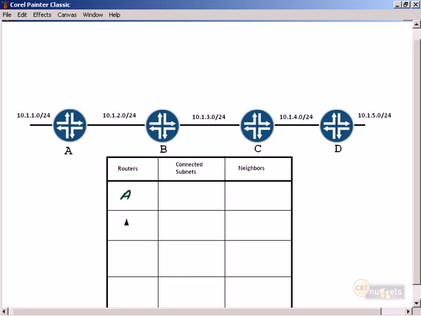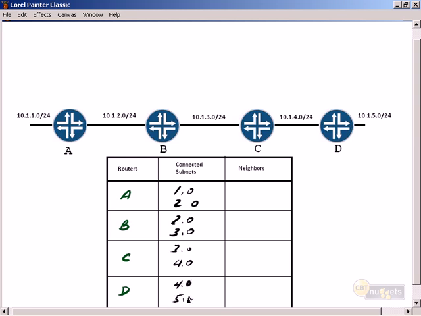Obviously we have router A, router B, router C, and router D. So router A is going to say I have 2 connected subnets. I have 1.0 and I have 2.0, right? You can see them up here, 1.0/24, 2.0. Router B says I have 2 connected subnets. I have 2.0 and 3.0. Router C says I have network 3.0 and network 4.0 connected,